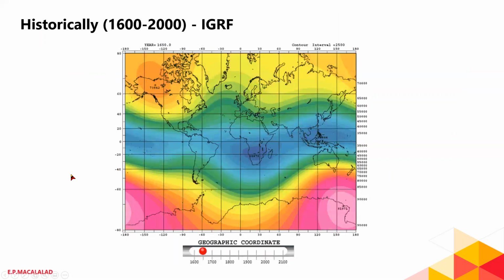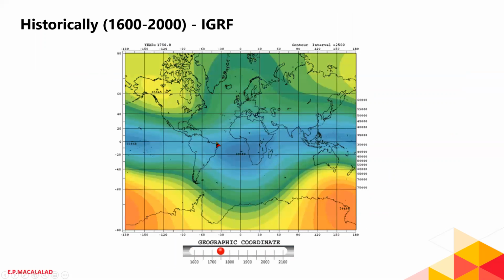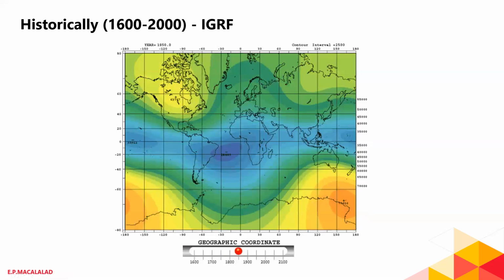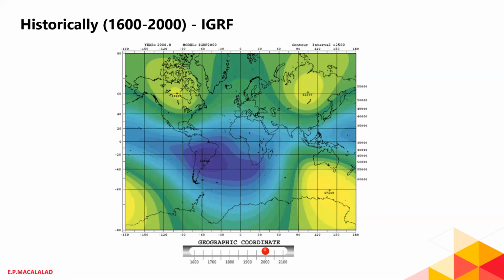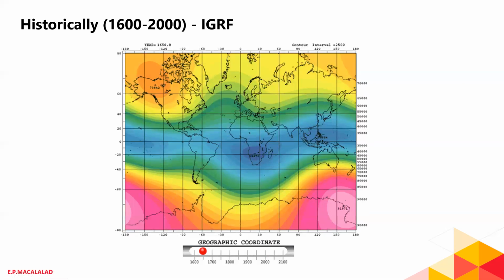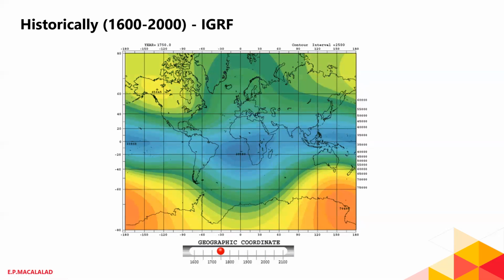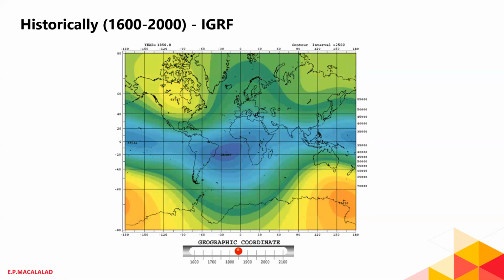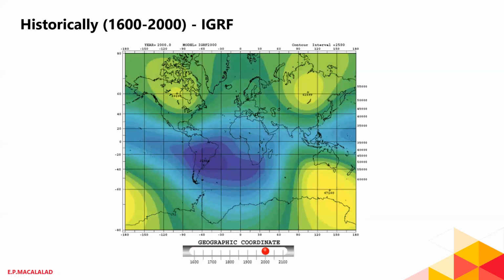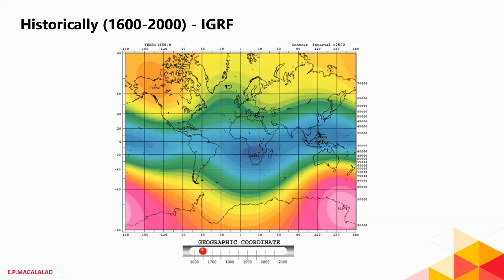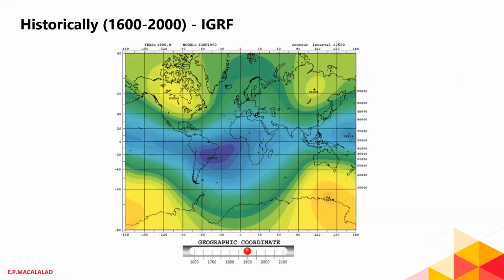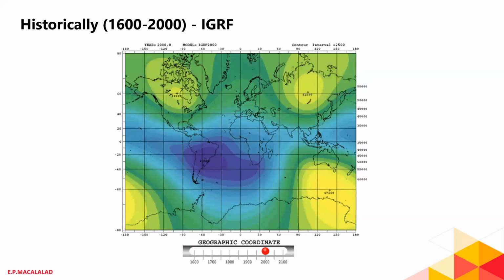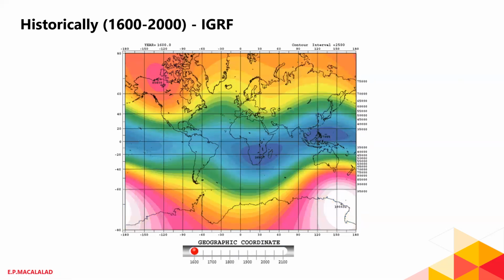Okay. Now, this is also very important, for example, in my studies in the ionosphere, because remember that the ionosphere is actually a plasma. So the plasma, as we've learned before, behaves according to the configuration of your magnetic field. That means the plasma in the ionosphere also behaves according to the magnetic field of the Earth. And if the magnetic field of the Earth changes, the behavior of the ionosphere will also change.